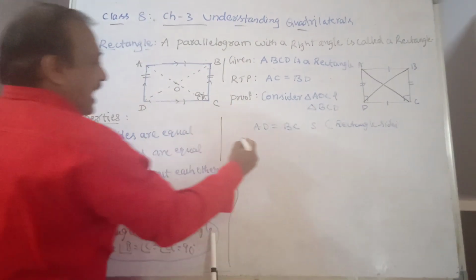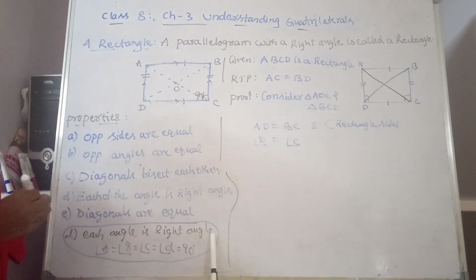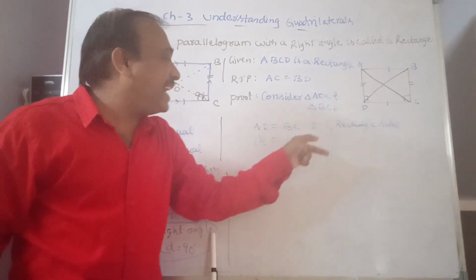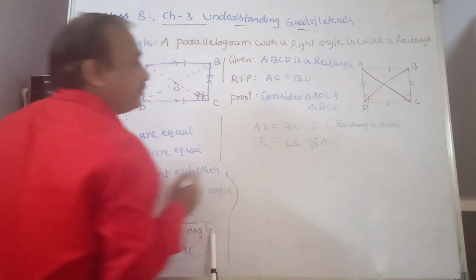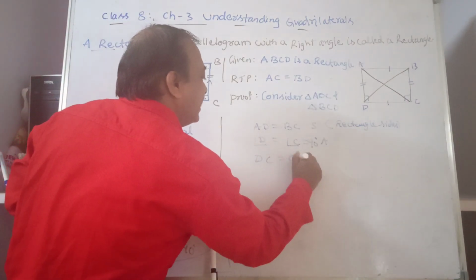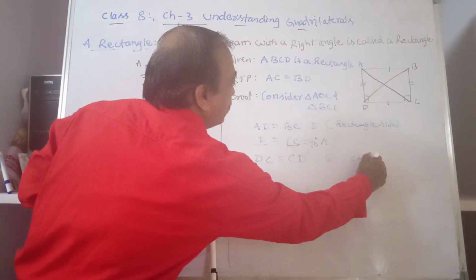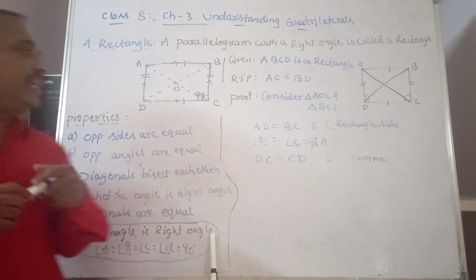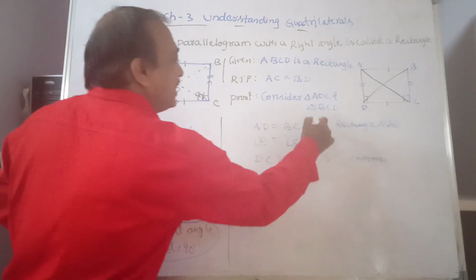And angle D is equal to angle C. Observe it. In triangle ADC, angle D and in triangle BCD, angle C, they both are equal to 90 degrees. This is angle. Then the third one, DC is equal to CD. This is side, common. Once we got the criteria SAS, so now the triangles are,